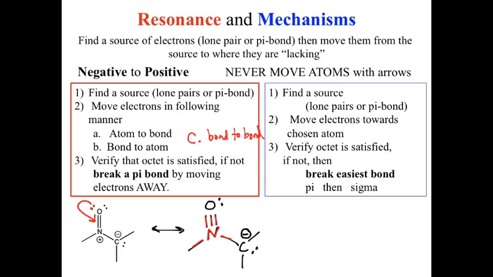So now what I would real quickly do is look at this structure and say, okay, is there a pi bond that I can break? Yes, there absolutely is. That pi bond is with the oxygen. So I would go back to my initial drawing and I would move the pi bond back to the oxygen. Okay, so let's now draw that result. Because that previous structure that I had there was an invalid structure, I can't show it as a resonance structure. So now I would go through, based on my new arrow pushing,